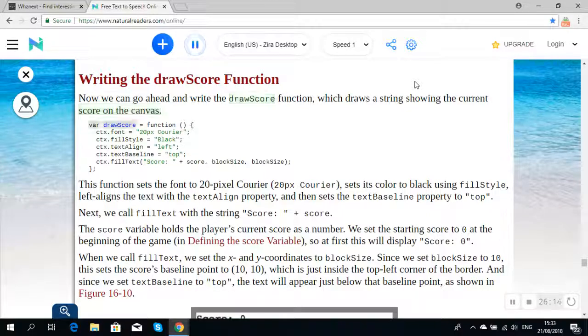Draw the score on the canvas. var drawScore = function () { ctx.font = "20px Courier"; ctx.fillStyle = "Black"; ctx.textAlign = "left"; ctx.textBaseline = "top"; ctx.fillText("Score: " + score, blockSize, blockSize); };